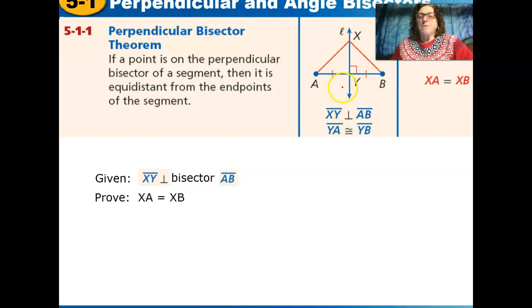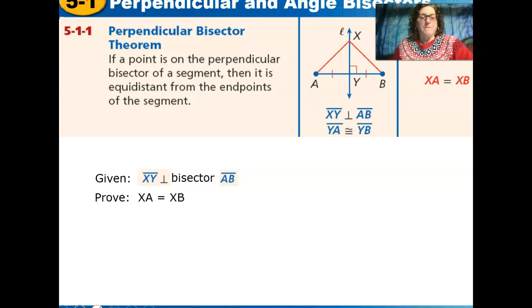If XY is the perpendicular bisector, then Y is a midpoint. And so then once we have Y as a midpoint, then we know that AY is congruent to YB. We could then say that XY is congruent to XY by the reflexive property, which makes these two triangles congruent by SAS. If that's true, then XA is congruent to XB by CPCTC,